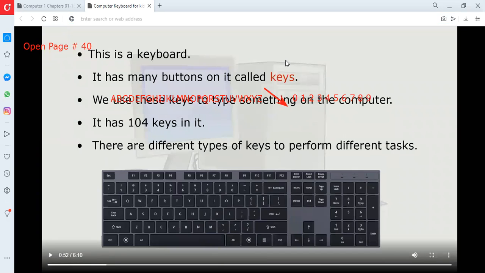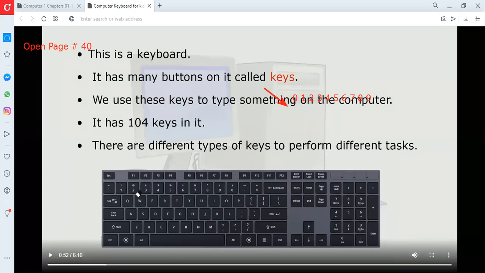So, did you guys see my screen? Let me check. Everybody see my screen? Yes, sir. That's good.